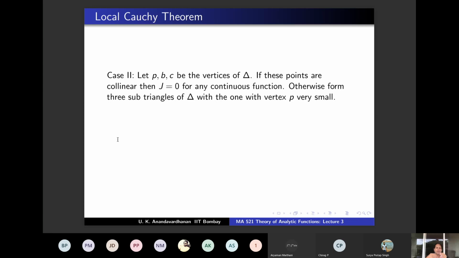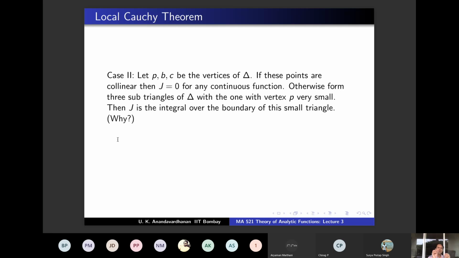Now I'm going to say that the integral on the full triangle is equal to the integral on the boundary of the small triangle. Why is that? So you have three triangles, the vertex P and X and Y. That's a small triangle because I will choose X and Y very near to P. Then you have these two slightly bigger triangles, and the whole integral is the sum of these three integrals. And I am saying that the other two integrals are zero. Why is that? Someone tell me very quickly. By case 1, because P is outside those two triangles. So by case 1, the other two are 0.